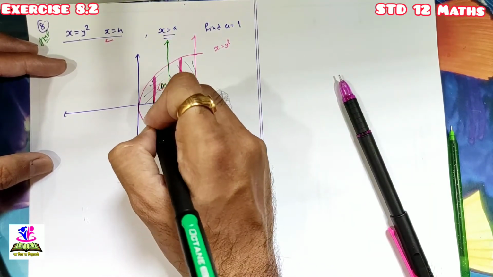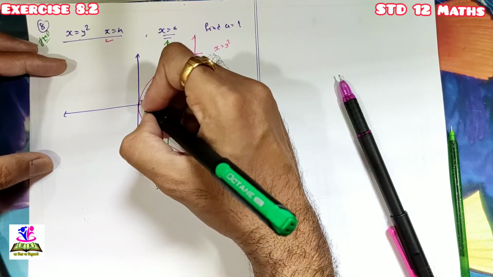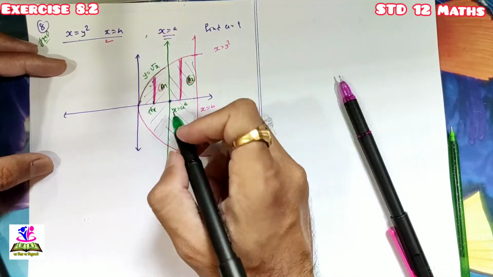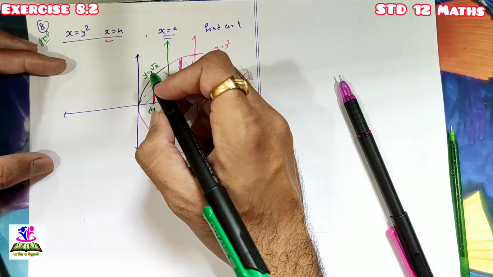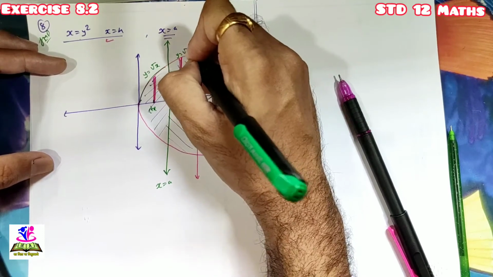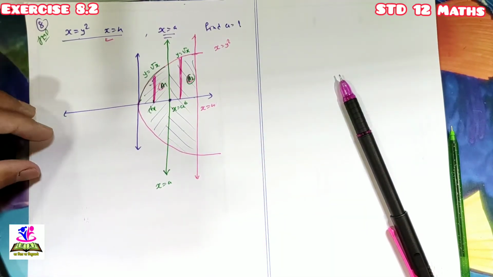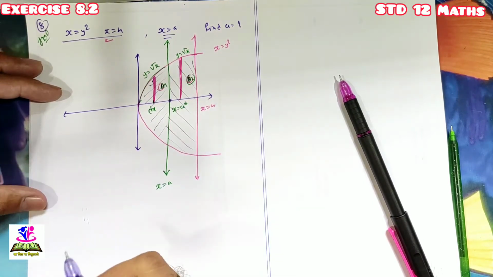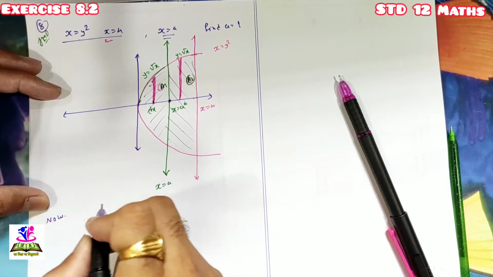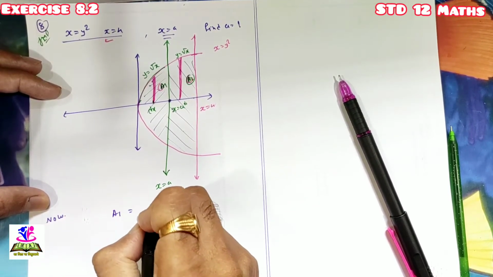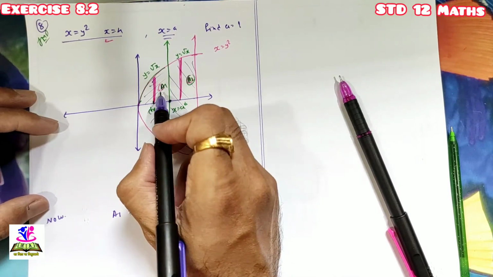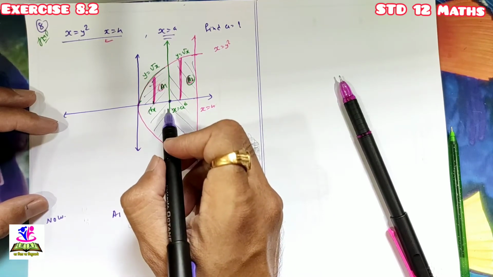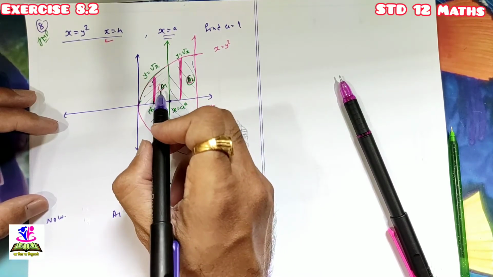Here the vertical strip is along the x-axis, dx. So here you have to write this curve in form of y. So y is plus or minus square root of x, but as it is in the first quadrant, we are taking y equal to square root of x. This is also the y equal to square root of x curve. Done. So here we can say that area 1, A1 is equal to area 2, A2. According to our condition, this area is equally divided by this perpendicular line, that is the line perpendicular to x axis at x equal to a. ये दोनों एरिया इक्वल पार्ट में डिवीजन हो रहा है. So area 1 equal to area 2.